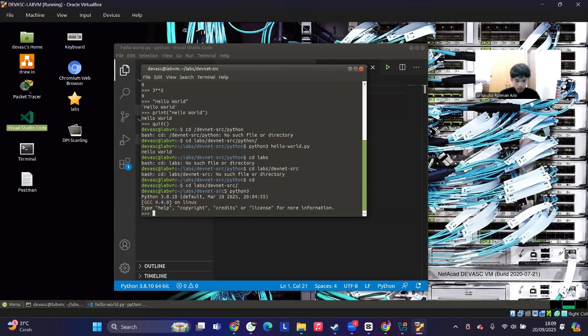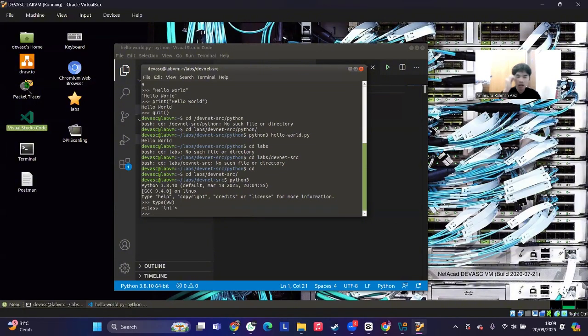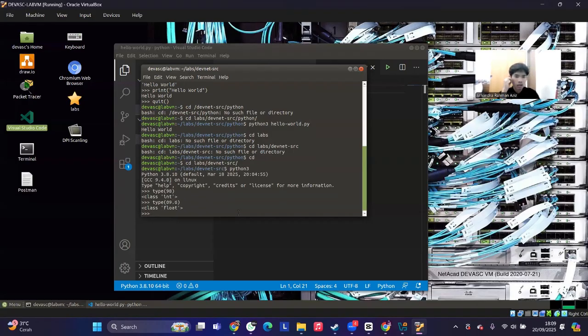And then, for example, I want to run type, open bracket, 98, close bracket. It will say that the class is integer because it is a number, right? And then if I type type of 98.6, it will say that this class is float because the number has a decimal.